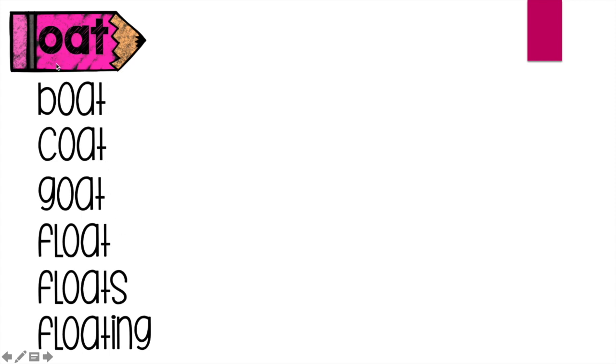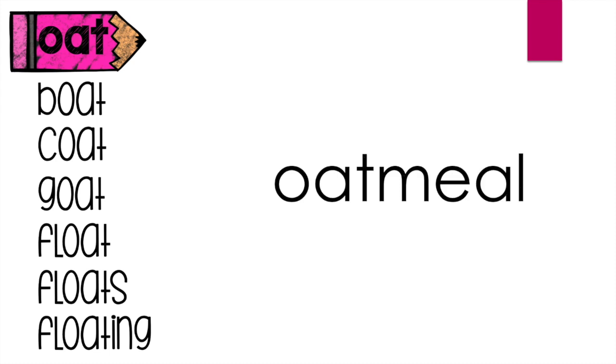Because we know oat, we know all of these other words. So let's practice it with a different word. Okay, we're going to use that O-A-T word family to help us read another word. Here is the word oatmeal. I see that O-A-T, oat, and I also see the E-A,